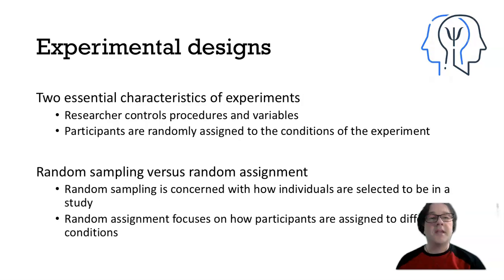We would obtain our participants for our study in a completely random fashion. The problem with random sampling is that it means we would have to have access to every person who we're interested in studying, and every person who we are interested in studying would have an equal chance of ending up